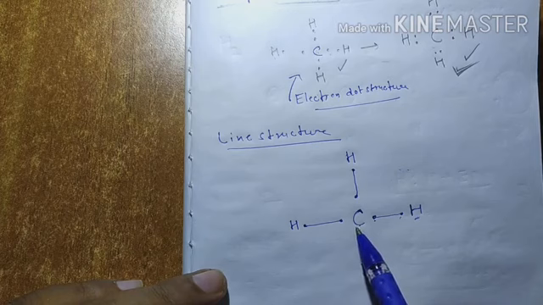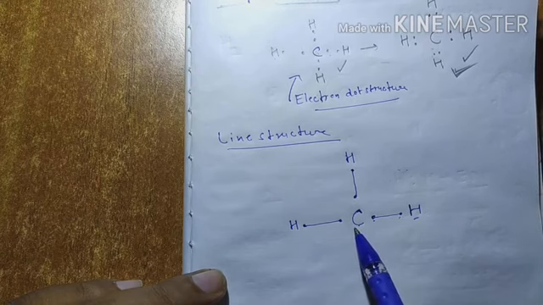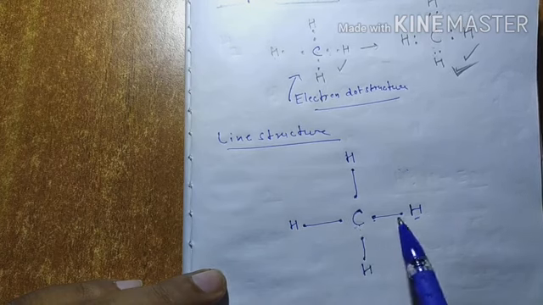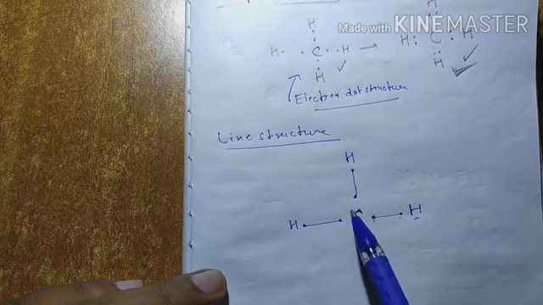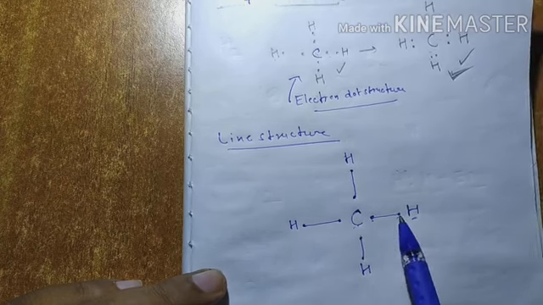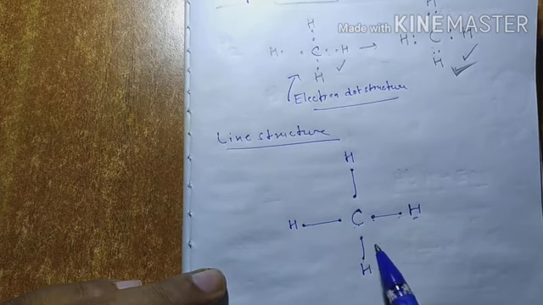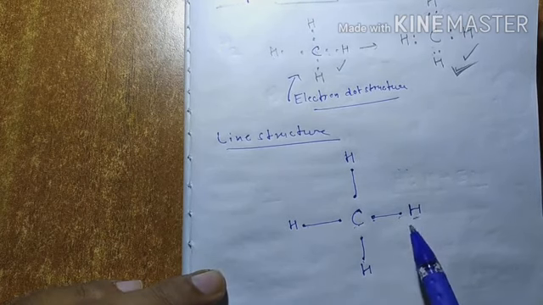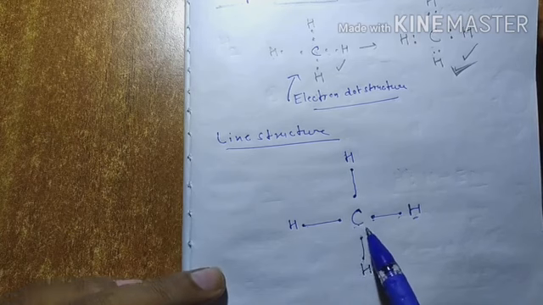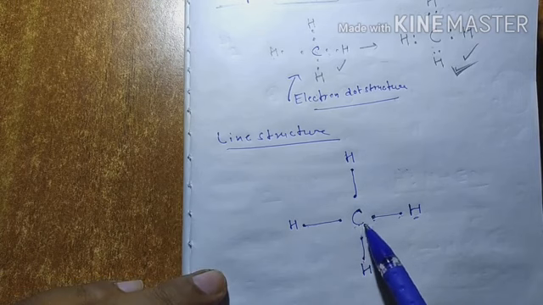So how will this atom be stable? If there are 8 electrons in the outermost orbit or shell, then it will be stable. So count 1, 2, 3, 4, 5, 6, 7, 8. So this carbon atom is stable because, except hydrogen, all the other atoms form an octet. And the octet is formed here for the carbon atom. So this carbon atom is stable.